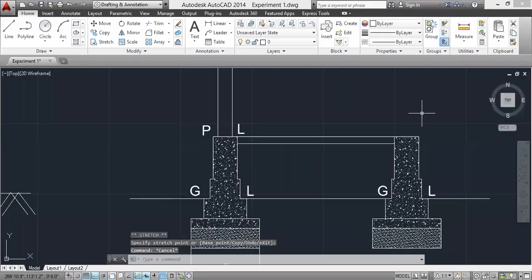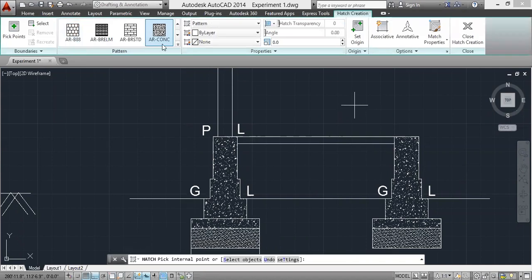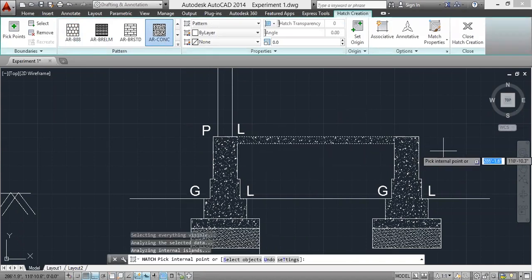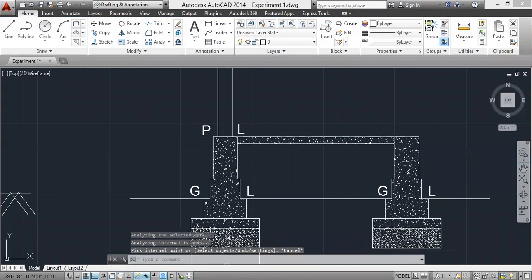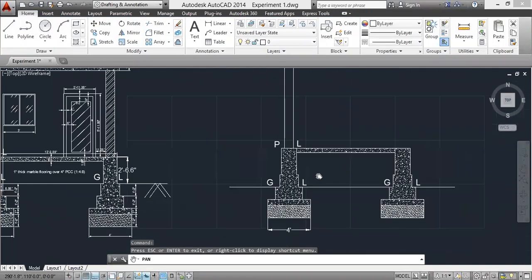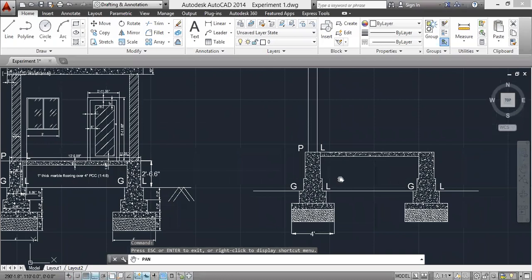Okay, escape. Now here we should give the concrete hatch, right? Click on this, click on concrete, pick the point. Now we have drawn the concrete lower slab, right?